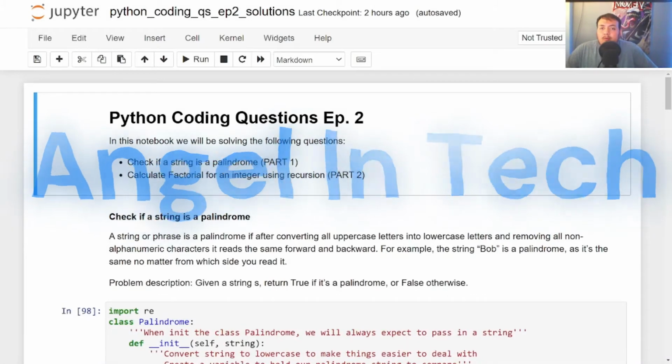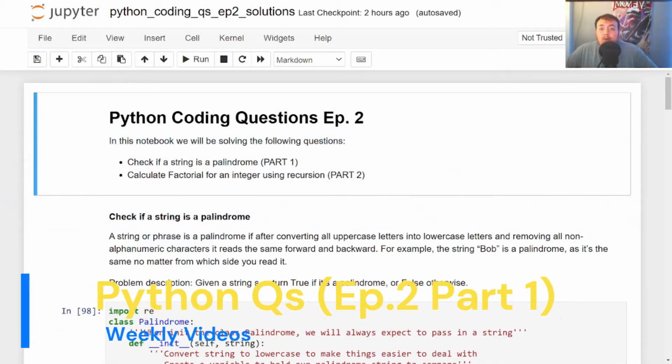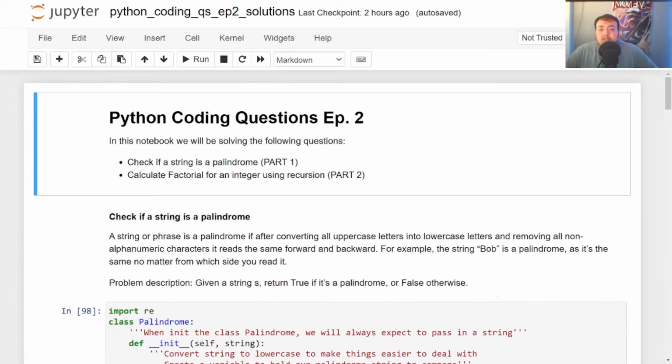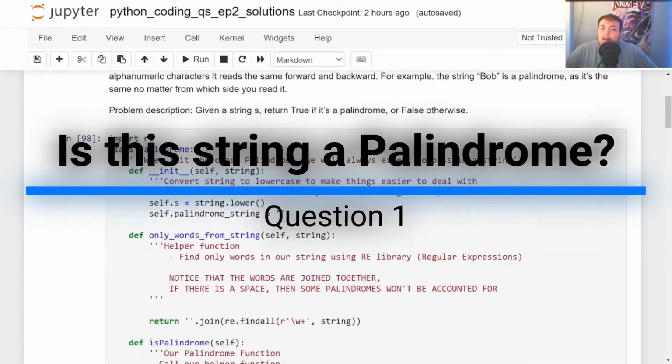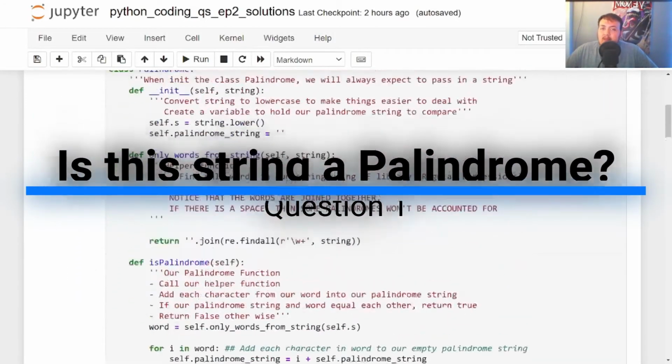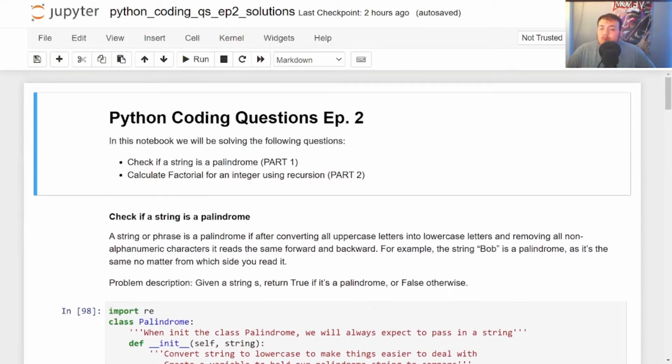Today we're going to go over Python coding questions episode 2. But today I will only go over part 1 of the questions that I have in store for this week. We're going to go over checking if a string is a palindrome. It is a little bit lengthy. I do go a little bit in detail about how to approach this problem, why I'm doing this, and why